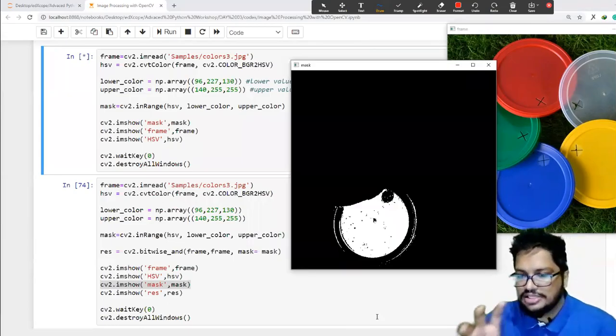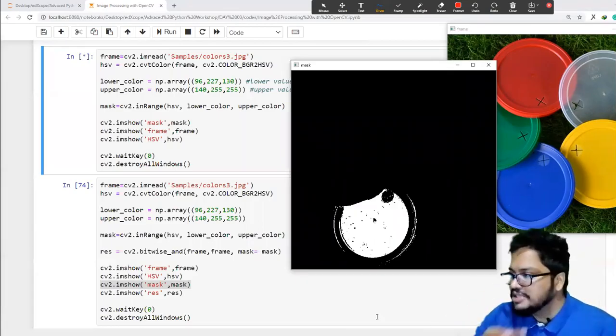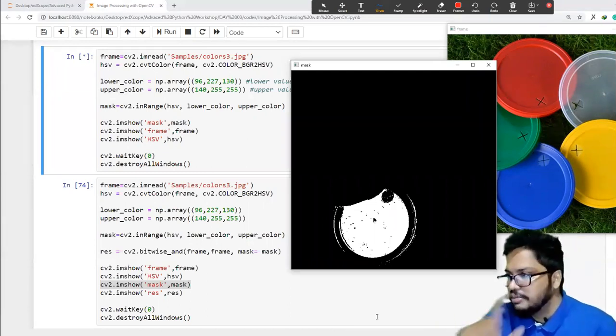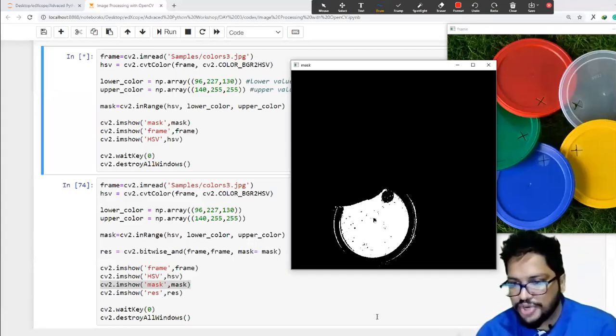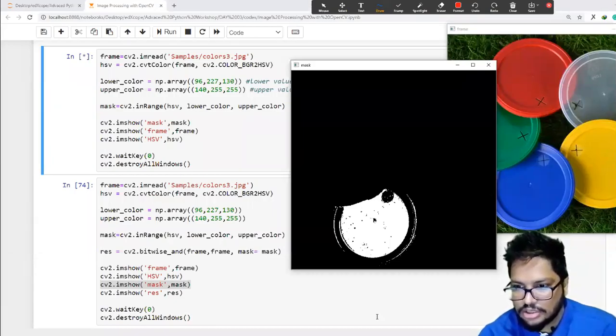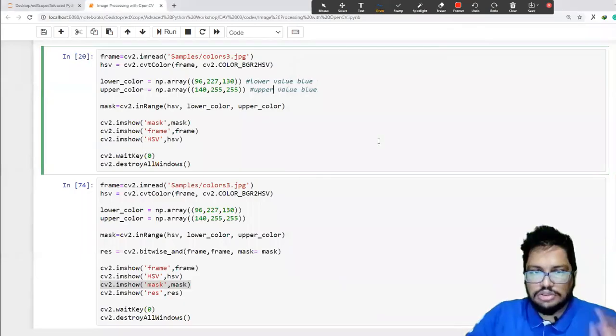The pixels whose values are in that range become white, and all the pixels whose values are not in that range become black here. So that's what happens here. Understood? Okay, good. Now,